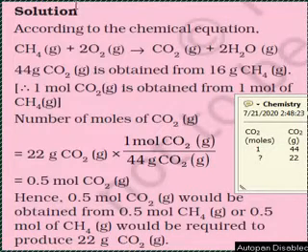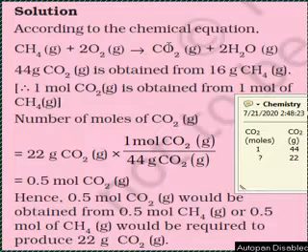So question is, we have to find how much will be 22 gram of carbon dioxide as moles. So here we have 1 mole is equal to 44 gram of carbon dioxide. So how many moles is equal to 22 gram of carbon dioxide? That is what we are finding. On cross multiplying, we get moles of carbon dioxide equal to 22 into 1 divided by 44. On calculating, we will get 0.5 moles of carbon dioxide.